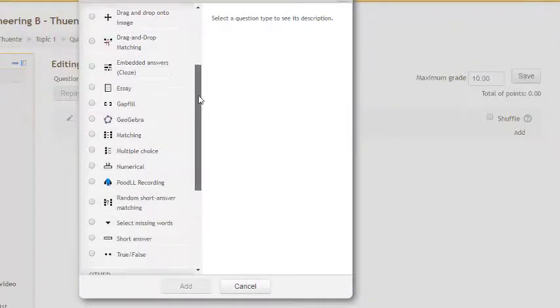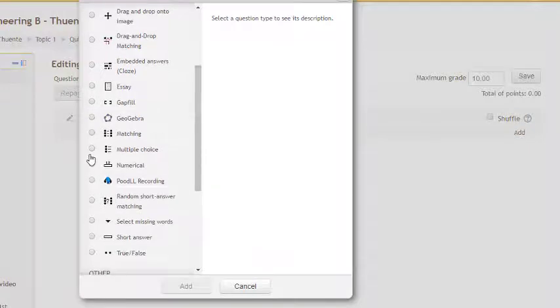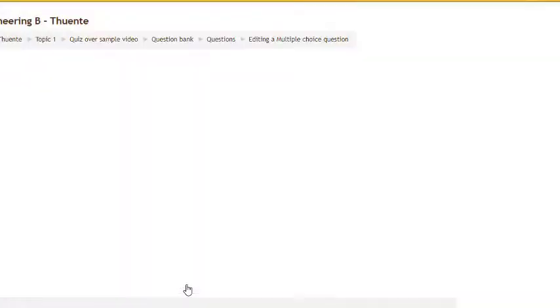So there's lots of options. For these kinds of things I would suggest doing multiple choice. So you click multiple choice here. The advantage of multiple choice is Moodle will just grade it for you, so you can just see the grades and not have to grade it yourself. It'll also do that for numerical and other things like that if you wanted to. So we click multiple choice, click add,